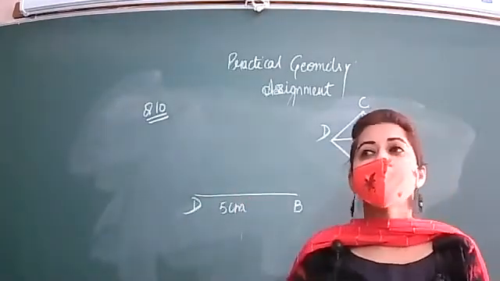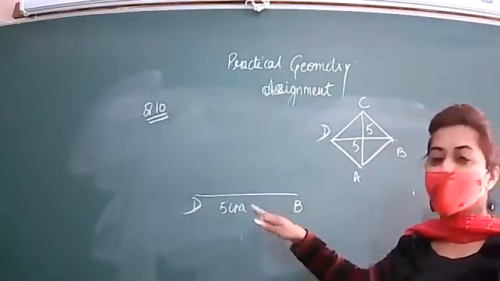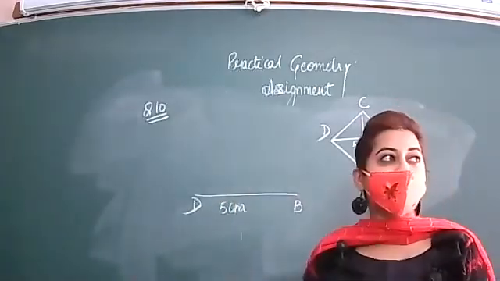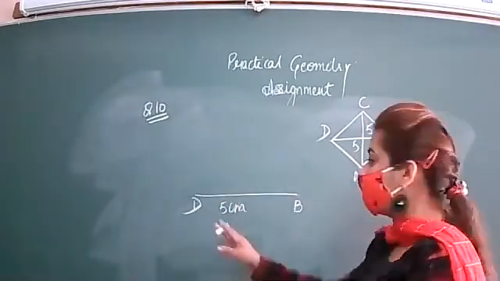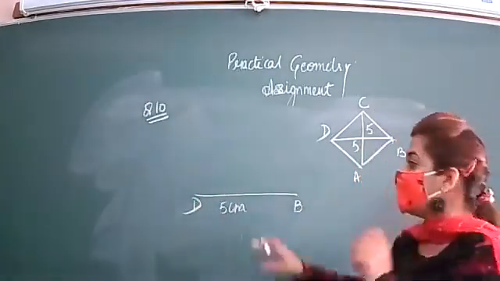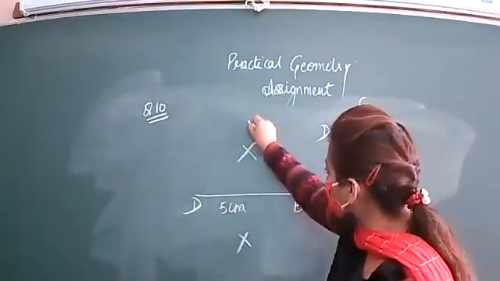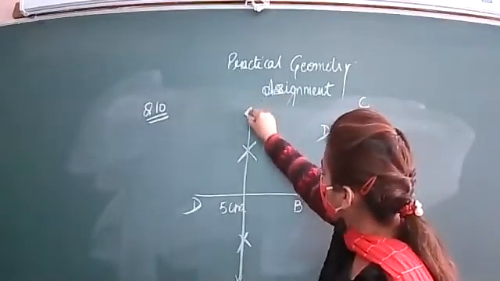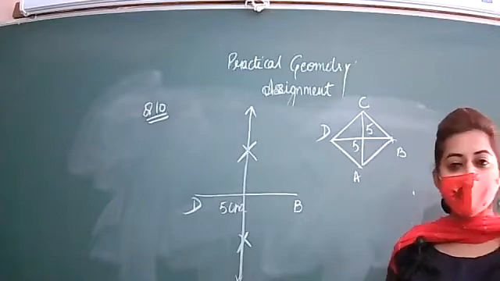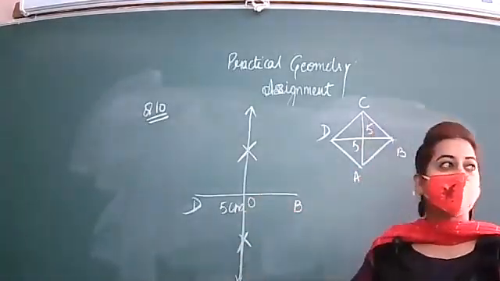Then what will be the next step? We have drawn the base. Yes, exactly. We will draw the perpendicular bisector of this by taking a radius more than half of BD. Then you will draw the arcs from B and D respectively on the upper side and on the lower side of this. So you will get the perpendicular bisector in this form. I know you all are able to draw this because we have discussed two similar questions in the previous exercise. Then this point will be O.